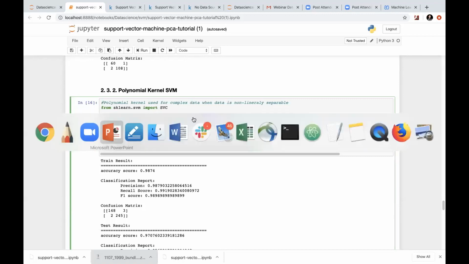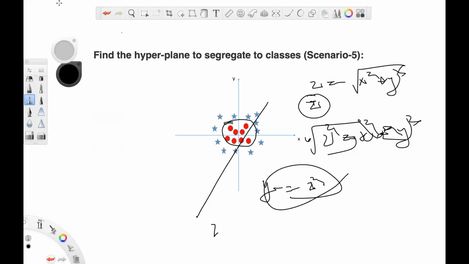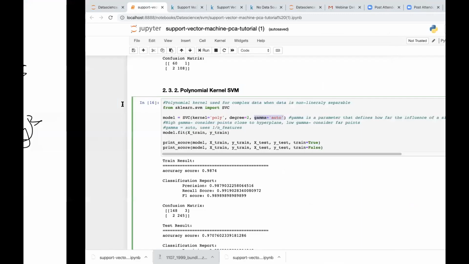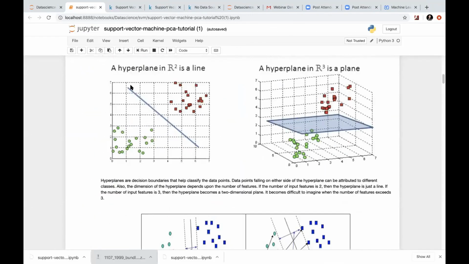So if I come back to this sketchbook, you will see, if my gamma is 1, it will only consider the closest one point for the distance. And if my gamma is 0 or very close to 0, it will take all the points into consideration to calculate the distance. The whole point here is the distance.